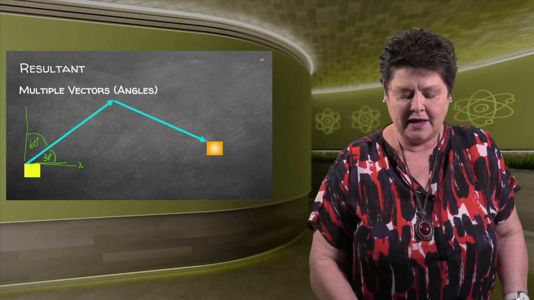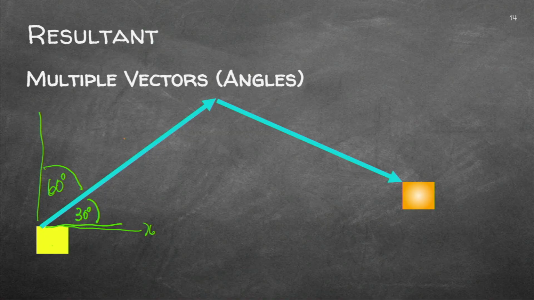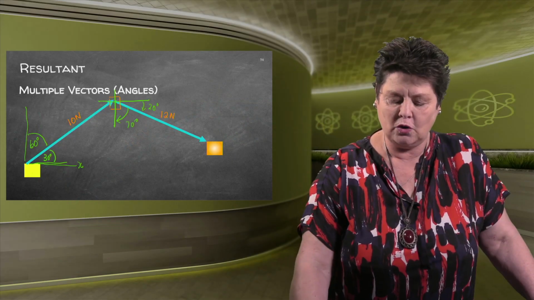So what we have here is a vector, and let's say this is 10 newton in that direction. It is followed, so I've got the box there now. It is now pulled down, let's say with 12 newtons, and the angle will be different. I need to indicate now that that angle there is, let's say, 70 degrees. Or from the x-axis, that one is 20 degrees. Clearly indicate the angles. They need to see that you know exactly what you are doing.